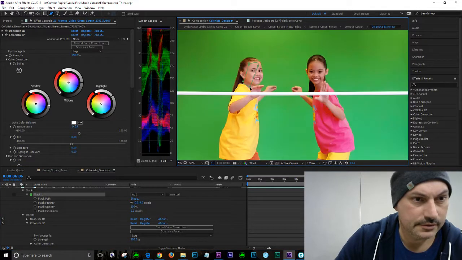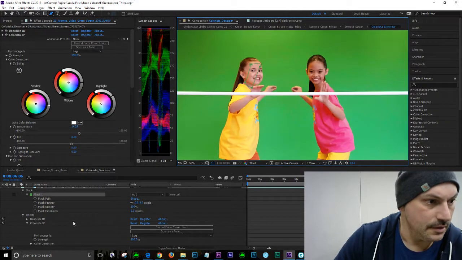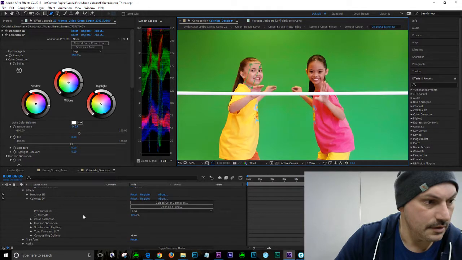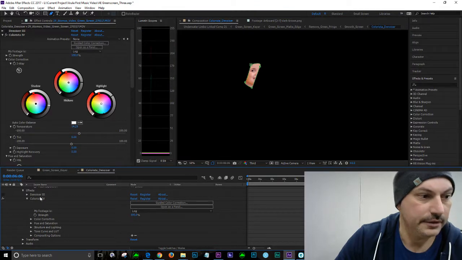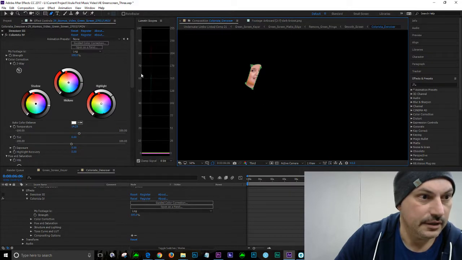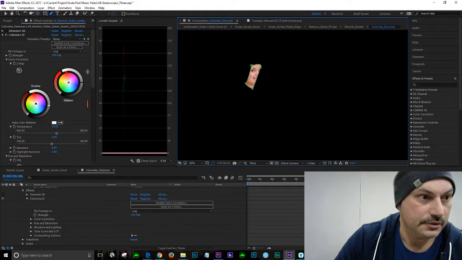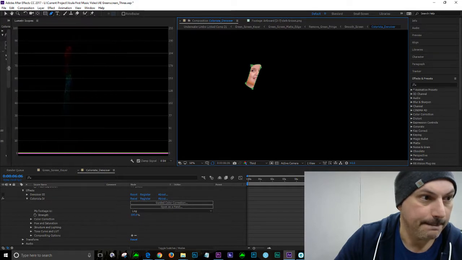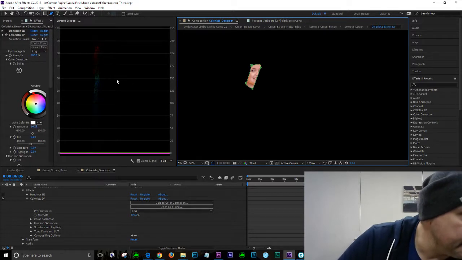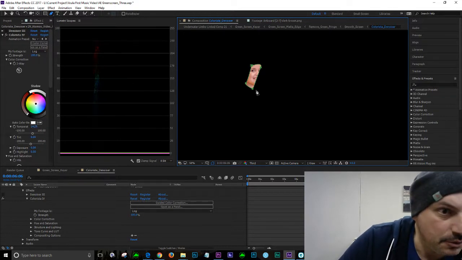Okay, now it's... Okay, that's why, the denoiser. Gotta love it. All I wanted to do was to see the scopes of just that. Now, it's not going to be easy to spot, but essentially what we're trying to do